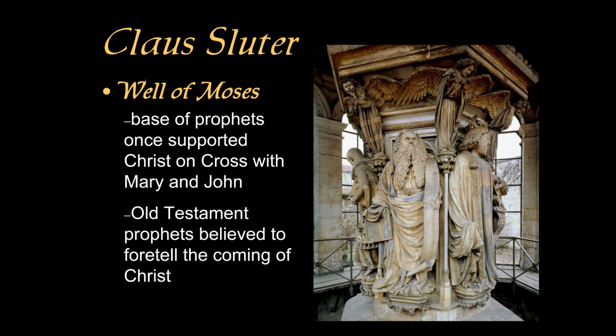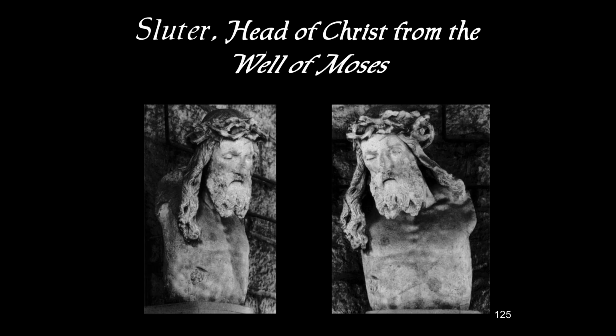So they would mine the Old Testament for pertinent words. And they were all believed to foretell the coming of Christ. Two of them also have other kinds of relationships with Christ that we will talk about. That's Moses, the lawgiver. Christ supersedes the laws of Moses. And then beside him is King David, who was believed to be an ancestor of Christ.